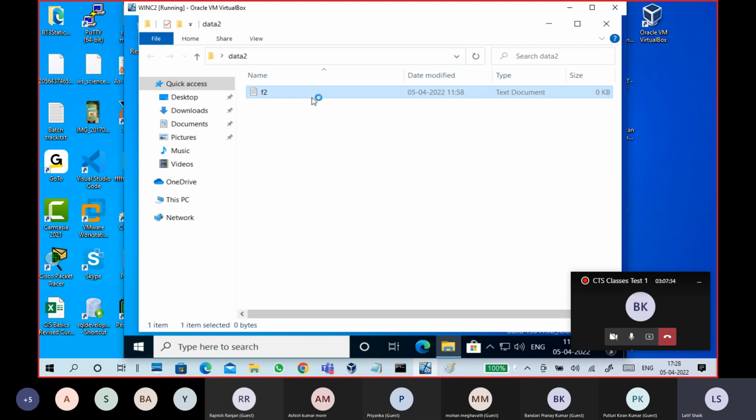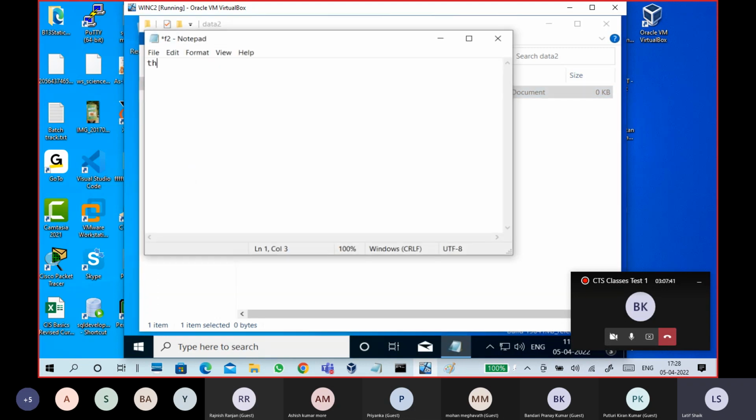It's not really required to be F2 only. Can I give an S3? Anything you can give. This is for testing purpose only. This is the F2 file, by user 1 from PC1. Okay,